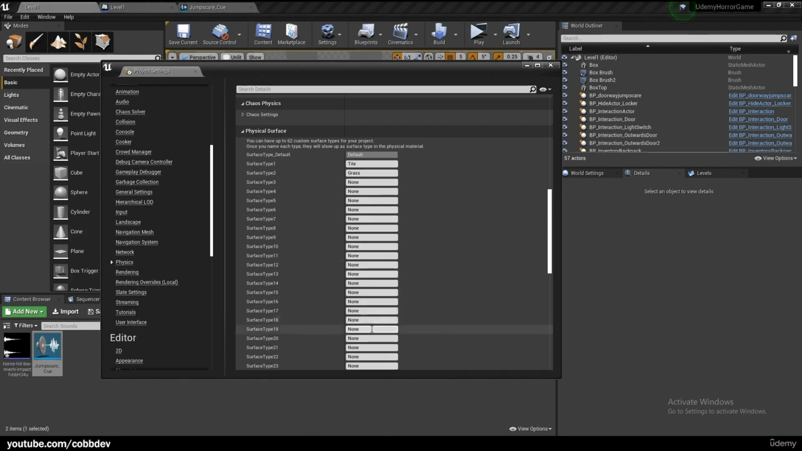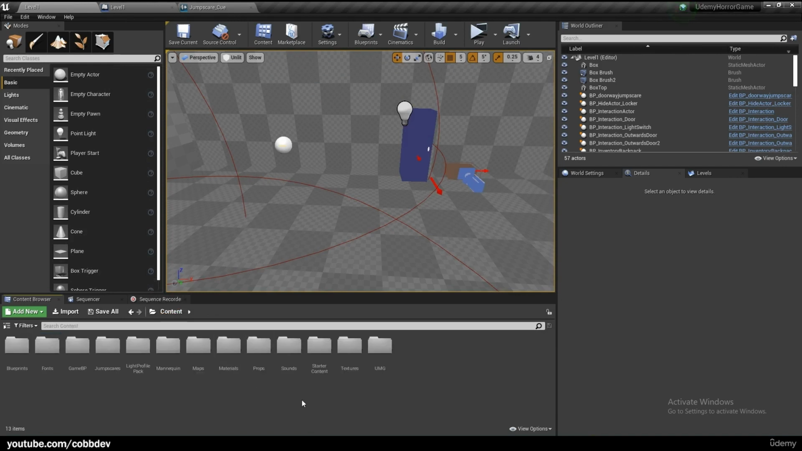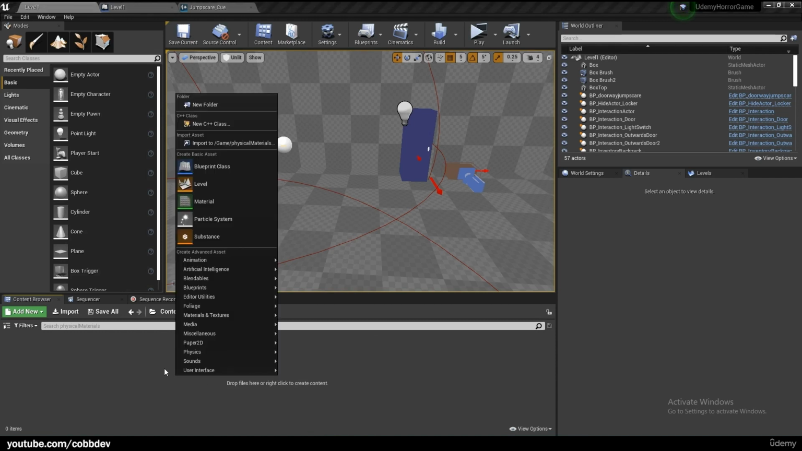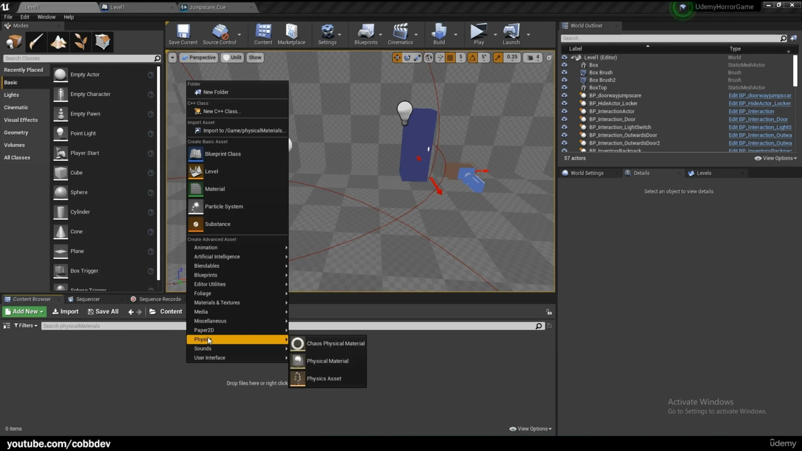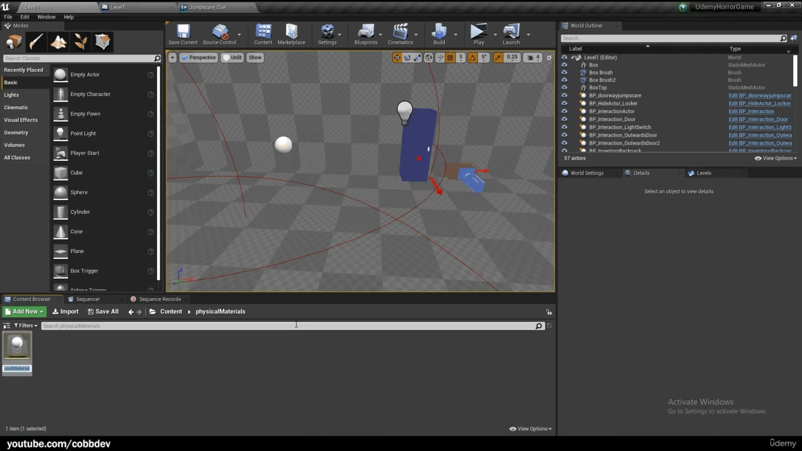If you want more, just keep adding them. So let's go to Content, and let's make a folder called Physical Materials. And we can open that up, and we have to create physical materials. So right-click, Physics, Physical Material, and we just choose this right here, and hit Select. And I'm just going to call this PM for Physical Material, Tile, and duplicate it, and call this one PM,